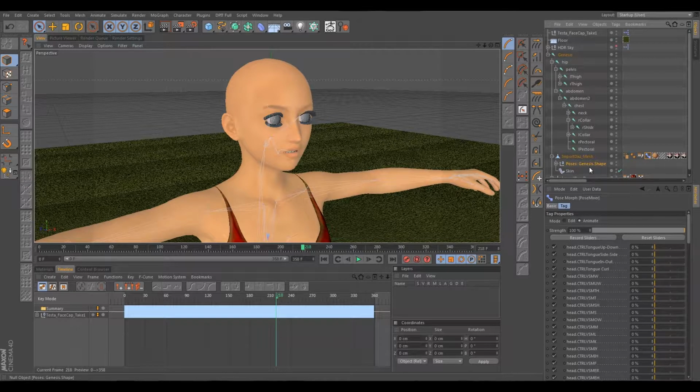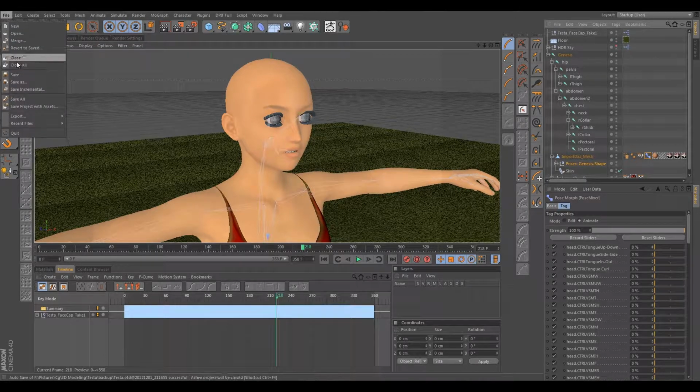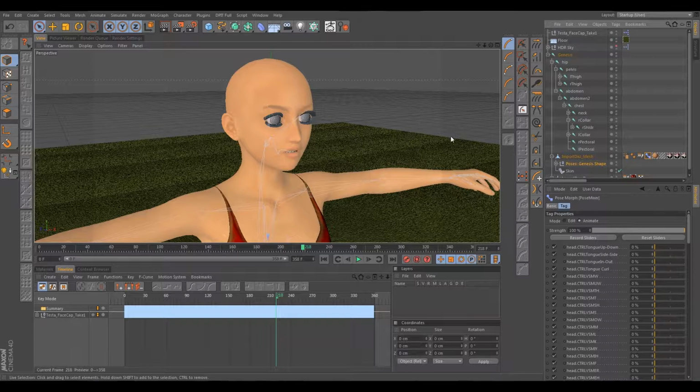The next thing I want to cover in this tutorial, which is going to be very important for our MotionBuilder workflow, I'm going to go ahead and save her out, is this pose morph tag. Over the course of the month or so after I made the facial animation tutorial, I've been working on a few 3D animation production workflow projects,